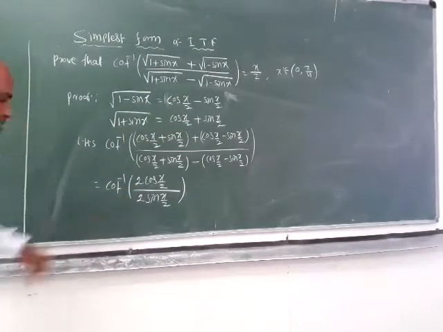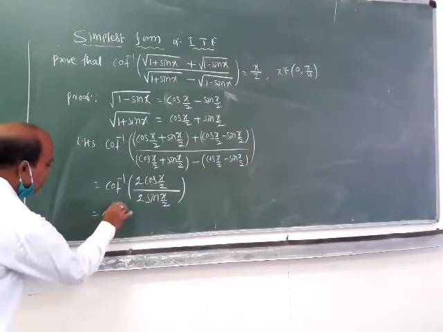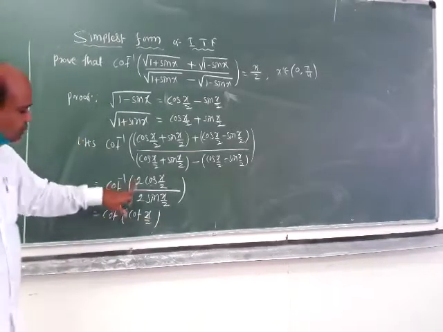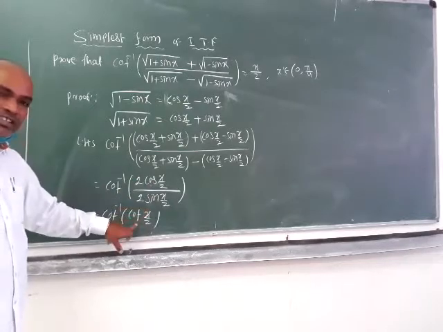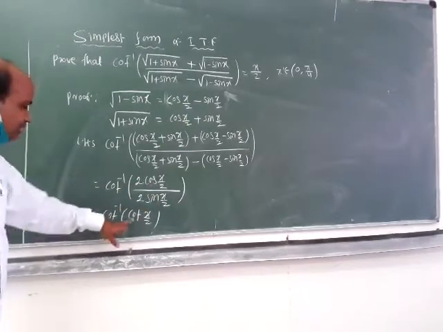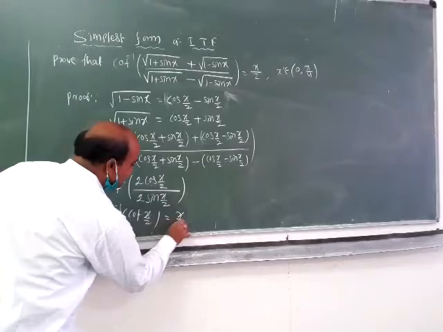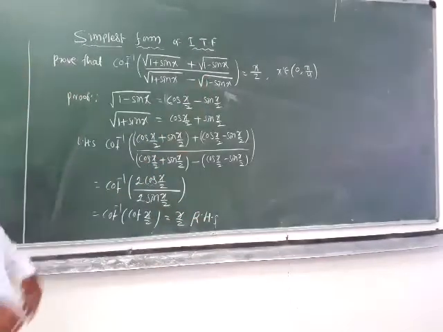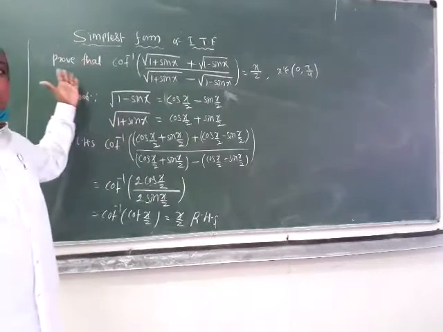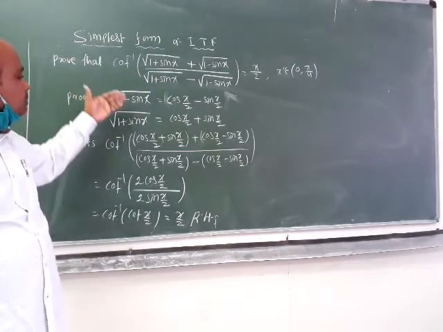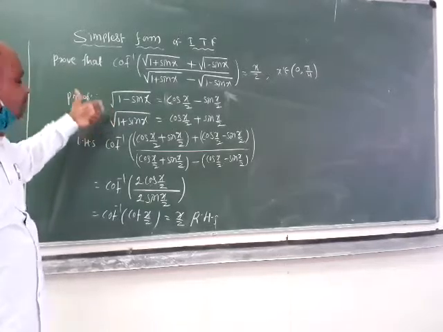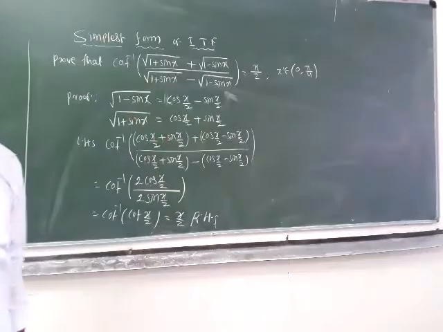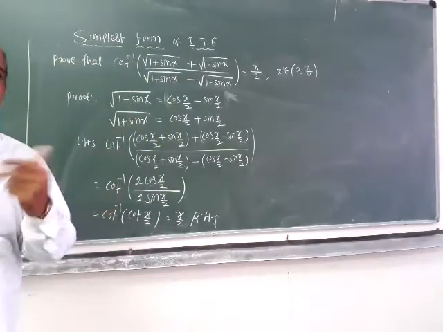2 cancel. So then what is left? Cot inverse of cot x by 2. Why? 2 cancel. Cos by sin is cot. So I told you cot inverse of cot x by 2 is nothing but x by 2, which is the result, the RHS. Very simple, you see. The question is looking very big. You don't fear that. You make the simplification by using the formula. How to get this formula, I already explained to you. Is that right? Once you check it, it will be easy for you.